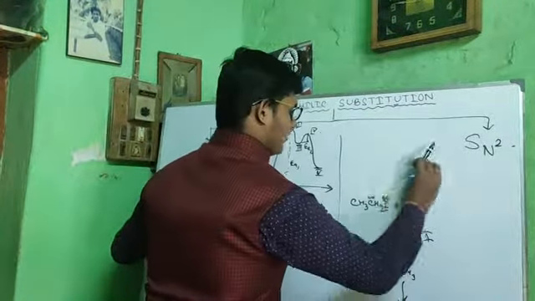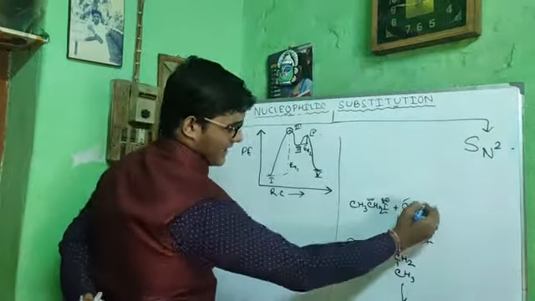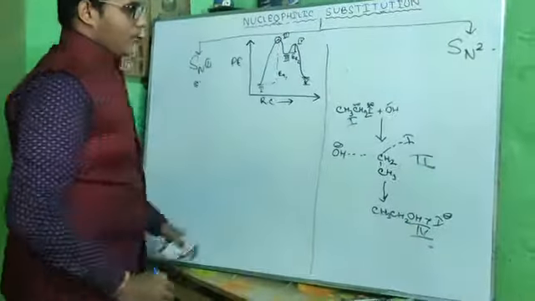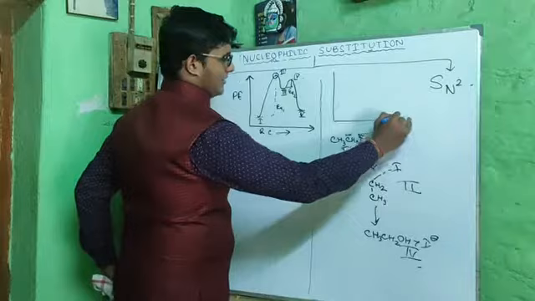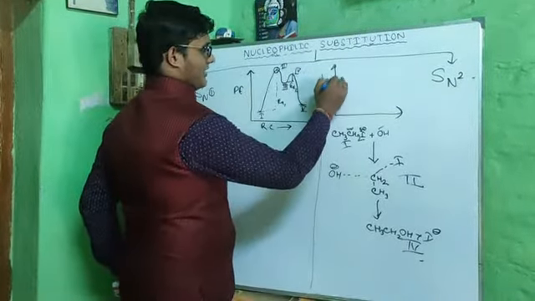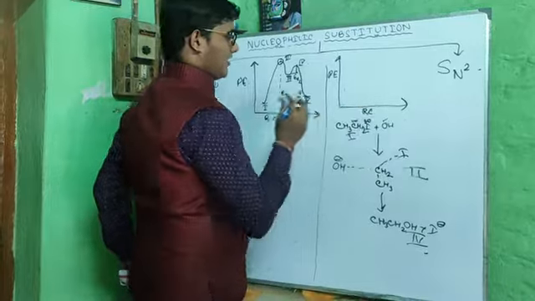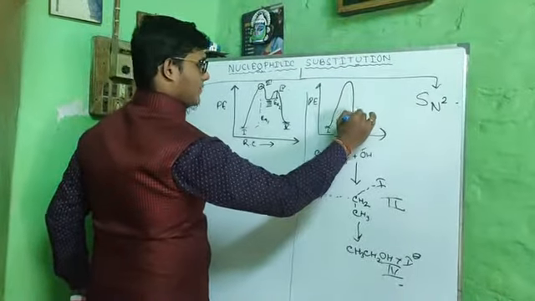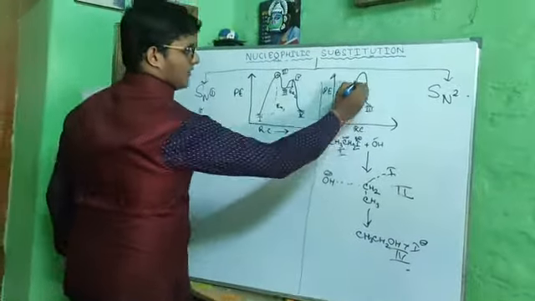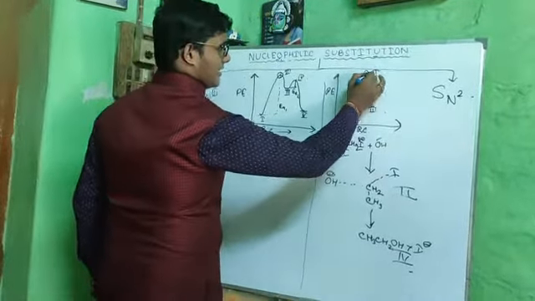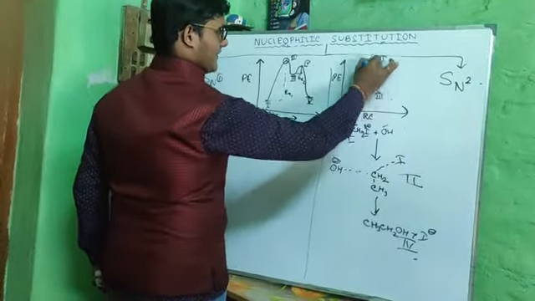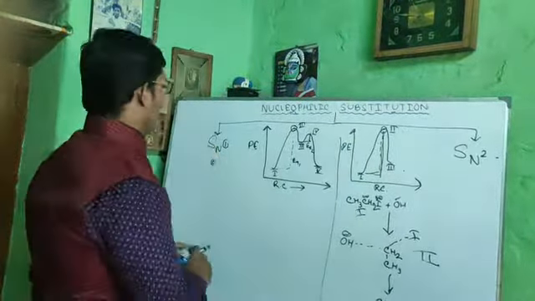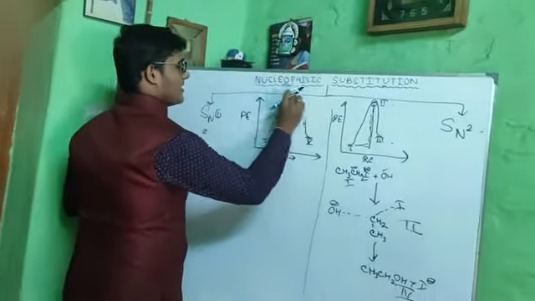Now, while going to SN2, I am marking this as 1, this is 2, and this is 3. From this, we can draw the graph like here. Similarly, it is potential energy and it is reaction coordinate. So it is the reactant here, 1. Now the graph will be like this. Here will be the 2, the intermediate situated at the peak, and this difference in the potential energy is the activation energy of the entire reaction. Okay, so we are completed with the energy profile diagram.